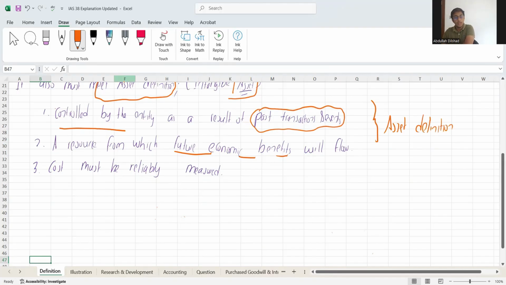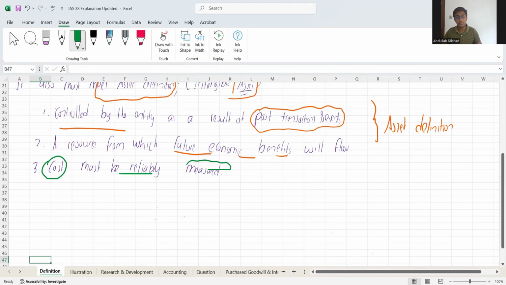And also something new, which is that the cost of this asset, whether it's intangible asset or tangible asset, must be reliably measured. You should be able to reliably measure. Now, for an example, again taking my calculator itself, I can reliably measure and tell that this calculator's cost would be 1,350 rupees. So I'm able to reliably measure based on its features and functions. The same thing applies for your intangible assets cost also.